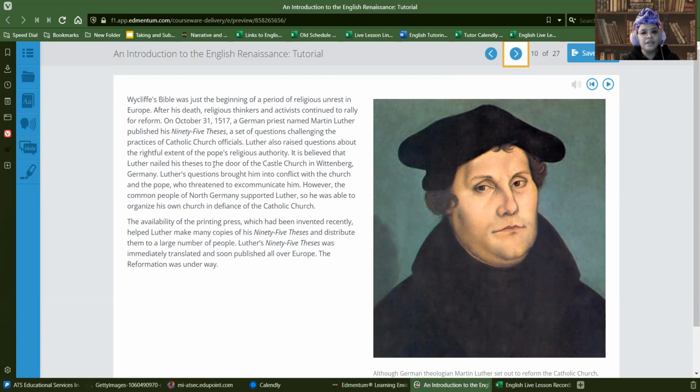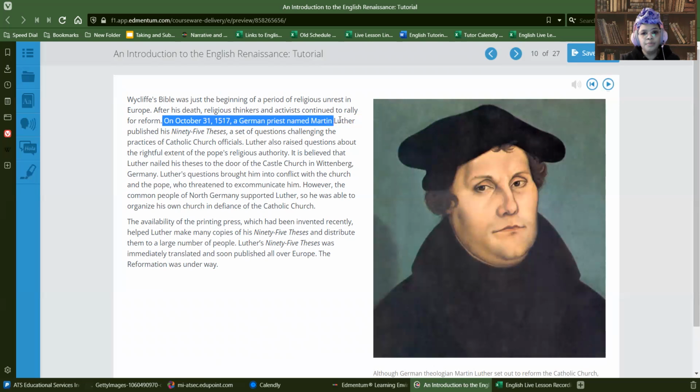So pretty much, after John Wycliffe's spat back and forth with the church, a lot of religious thinkers, activists, and people who were just sort of philosophizing on their own at the time started trying to change the church and form their own groups. So they talk about here, one of these groups was based on a published set of questions. So it says here, on October 31st,